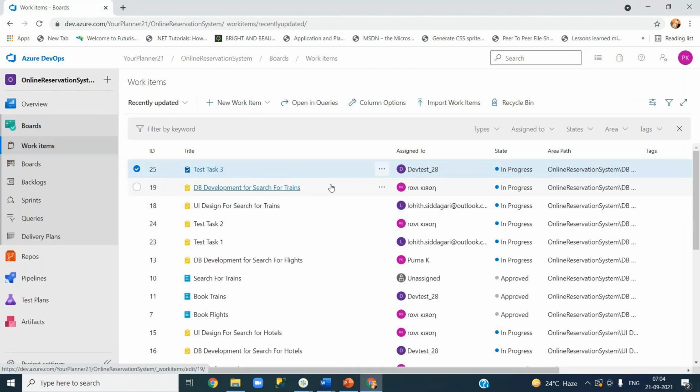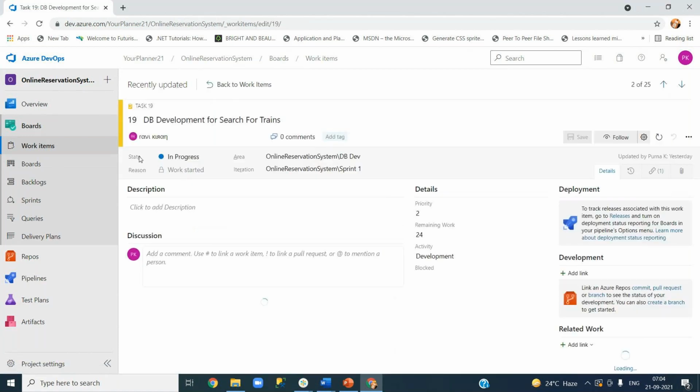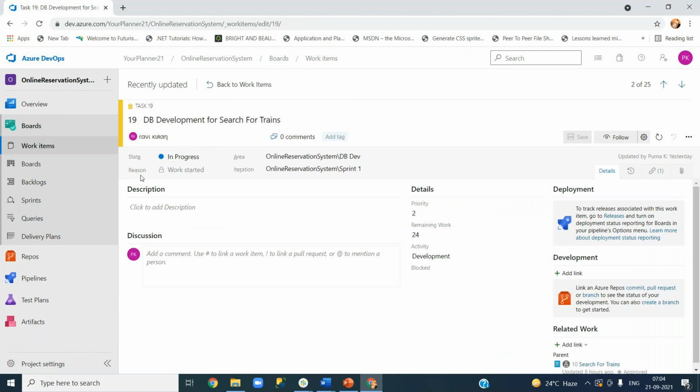So far we've been using the regular default templates for each and every one of these, right? Template is nothing but whatever you see here. Different fields you have: assigned to, state, reason, area, iteration. Some of them are drop downs, some of them are text boxes. If you want to add your own, you should be able to add it actually,